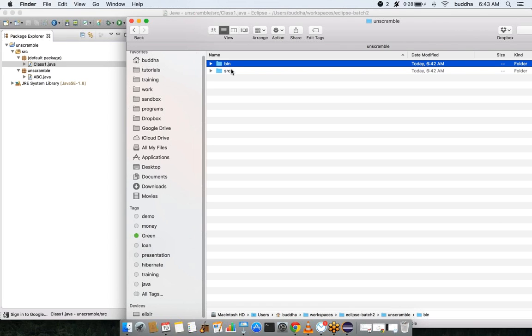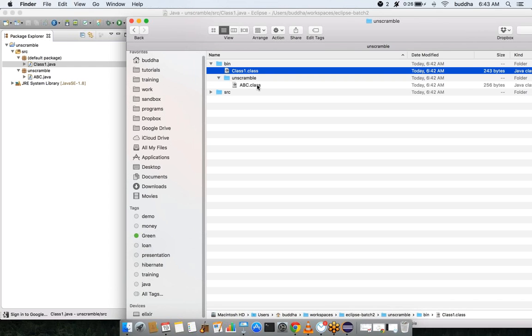If you remember, when we want to execute a program using Java, we had to use javac, right? And then a .class file gets created, either in the same folder, or we can also give a folder where that class has to be created. But if you are doing it using Eclipse, by default they go into the bin folder. I'll actually show you some things where you can configure that, but at this point of time that's not of importance. So the classes will go to the bin folder.